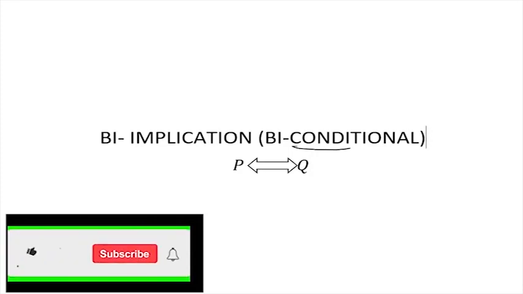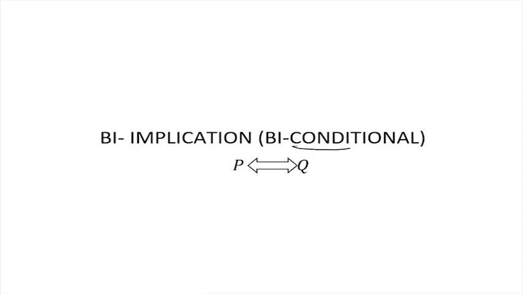At the last logical connective, which is called bi-implication or biconditional. In the previous editions, we've been able to consider connectives such as conjunction, disjunction, and also implication. And today we'll be looking at bi-implication, which is also known as biconditional. Now this is the symbol for